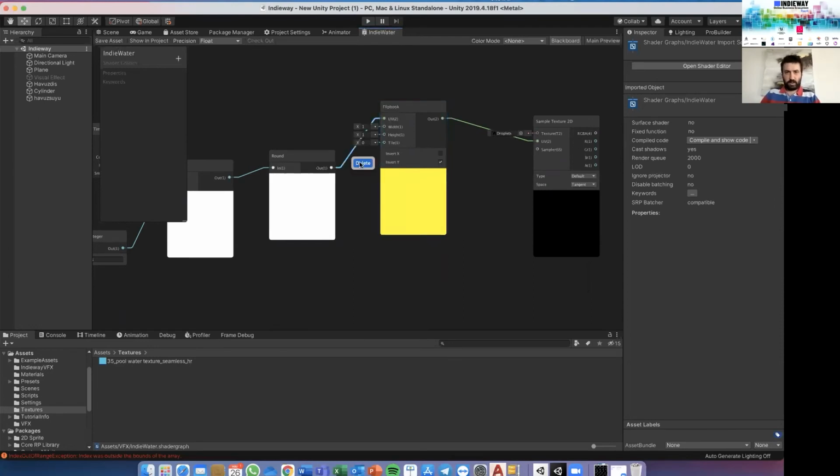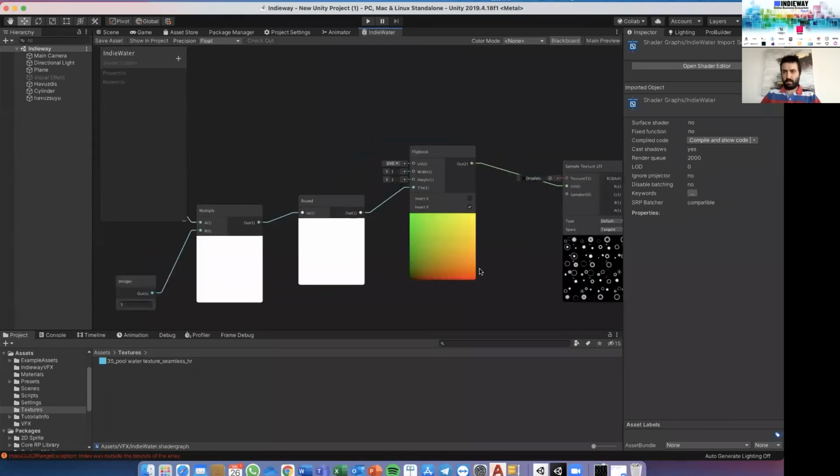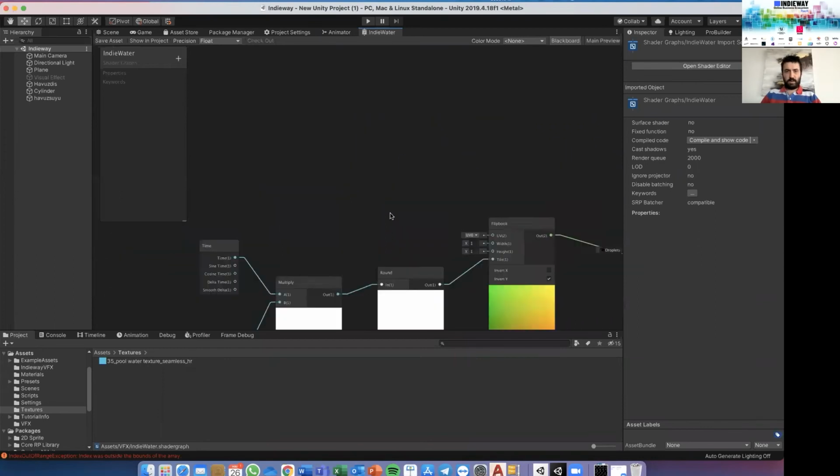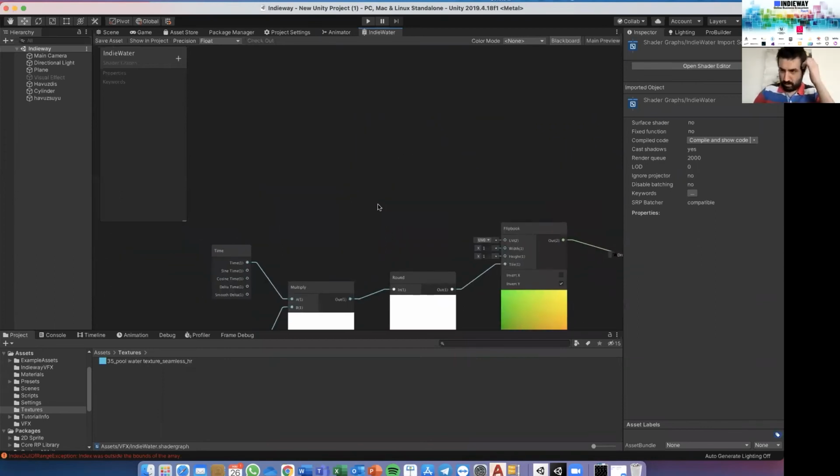I'm sorry, it must not be on the UV channel, but it must be on tile, because I'm changing my tiles. Save it again, and this is the bottom part. We'll continue like that, and for the upper part,